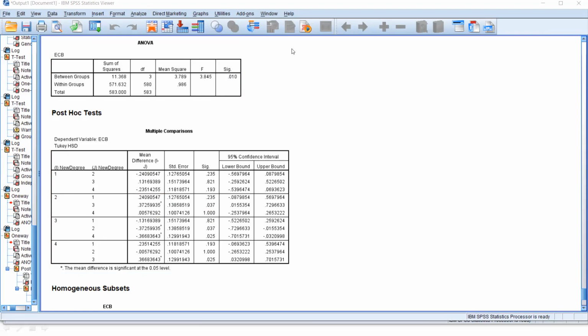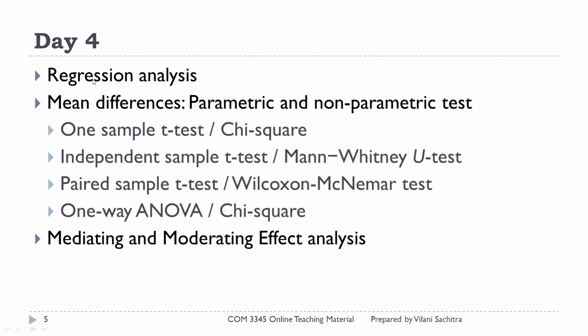So if I go back to your presentation, now we check with this regression analysis, right? We make the independent mean differences. I check with the one sample t-test, independent sample t-test, and paired sample t-test if you are going with the experimental type of data. That means you check the data at two different times, right? First you check before the testing, second you test after the testing, right? A paired sample, like we use for experiment type. So in our case, we don't have that much experience. We are not doing it, right?